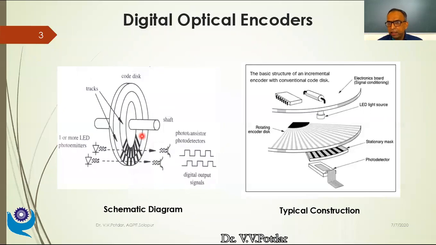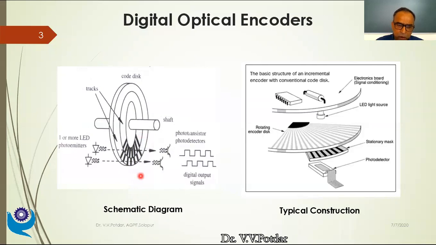They are sensing the present angular position, plus after actuation, what is the next attained angular position. Now one can argue, why not use a potentiometric device? Why not use a rotary variable differential transformer? For two reasons, encoders are preferred. One is the digital form of the signal the encoders are generating, and second, the positional accuracy that I can sense or transduce or measure is better in case of encoders.